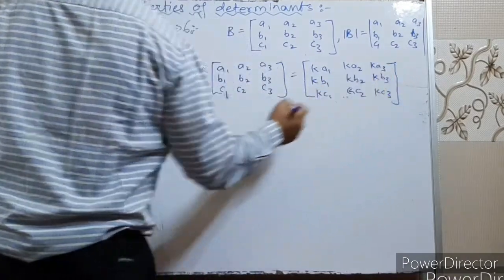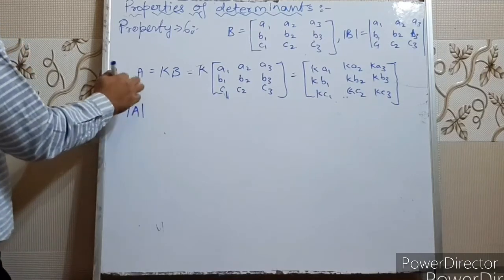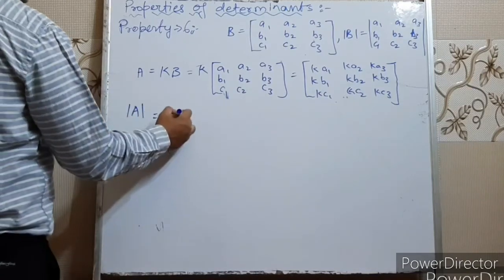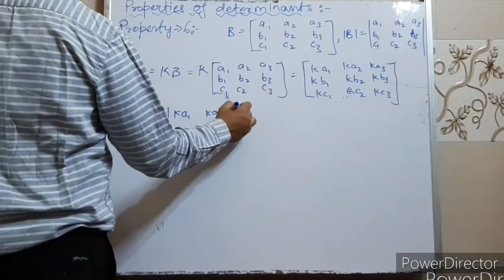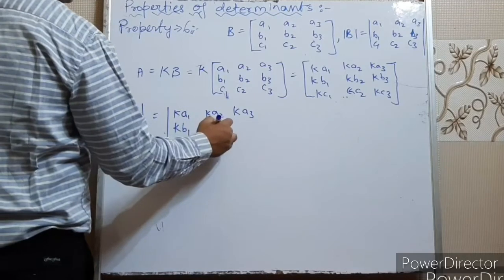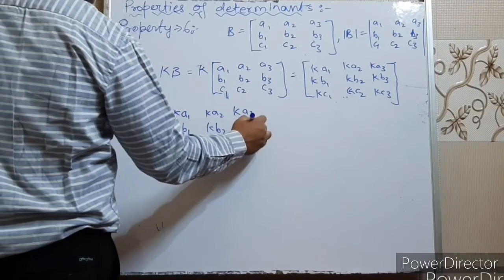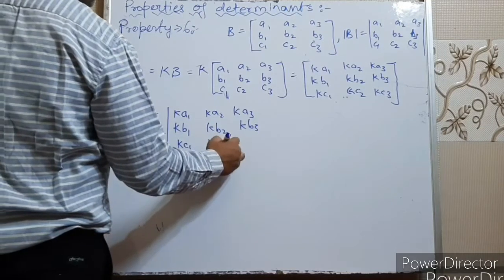Right, children? Now, when we find the determinant of this matrix A, what will the determinant be? You can see that it will be K A1, K A2, K A3, K B1, K B2, K B3, K C1, K C2,